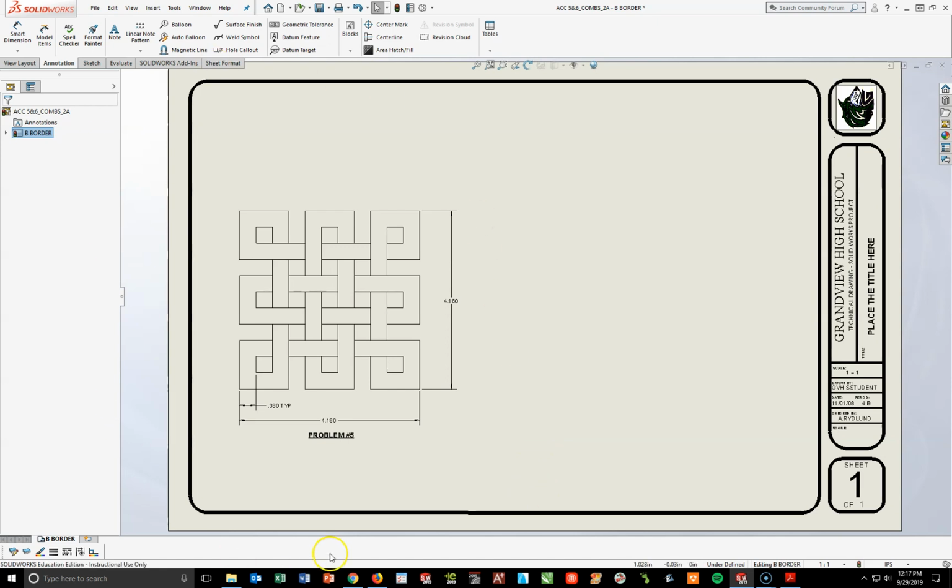Now, if yours is not perfectly centered, don't worry about it. If it's a little bit lower or higher than mine, leave it as it is. Do not move anything or you're going to have all kinds of problems occur. Okay, so at this point, we're going to go ahead and hit save so that we don't lose that